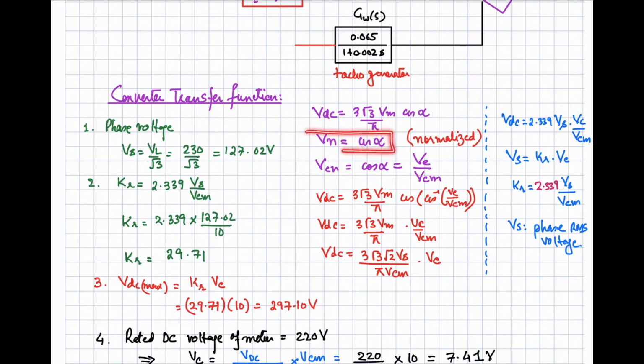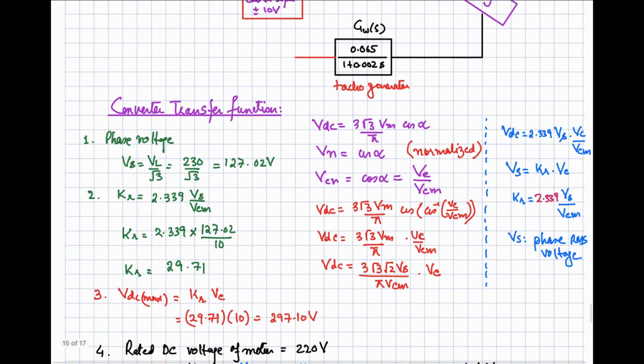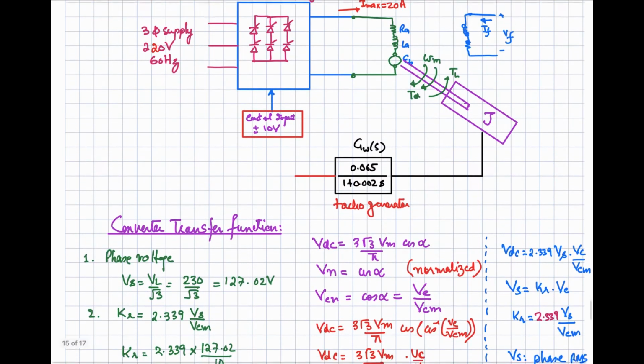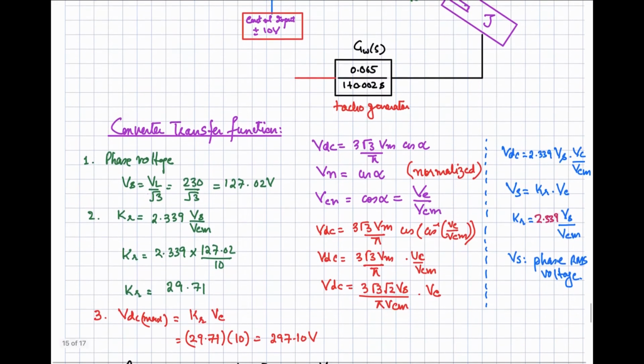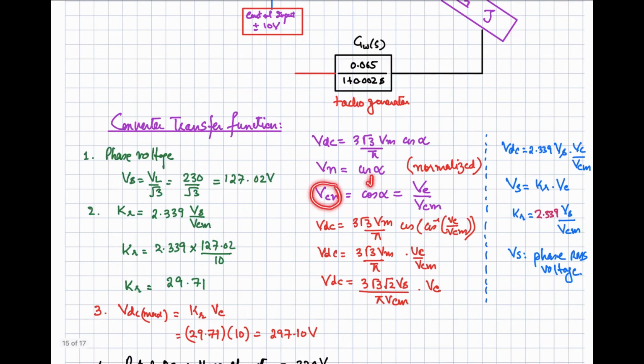the normalized DC output voltage is given by this expression, that is equal to cos of alpha. As we are going to assume this converter as a linear converter, whatever the variation in the control voltage will be reflected in the output DC voltage. The variation of this control voltage will be represented over Vn. There is a linear relationship between them. So we can say that the normalized control voltage is also equal to cos of alpha.